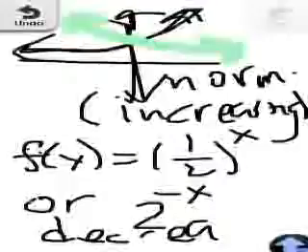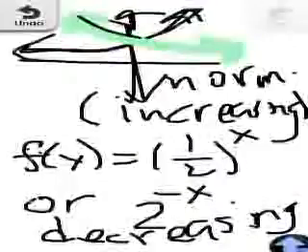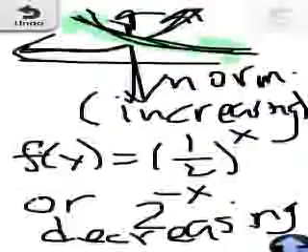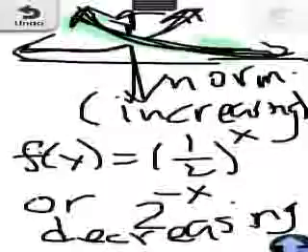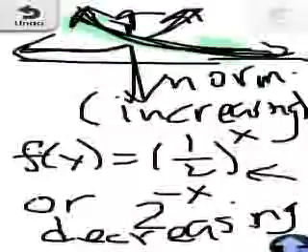This is not the same as reflected. Decreasing looks like this. It's going, and it's still asymptotic over here. Okay? So that only happens when the base is a number between 0 and 1, like 1/2, 1/4, 0.25, anything